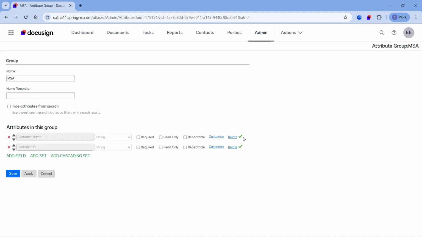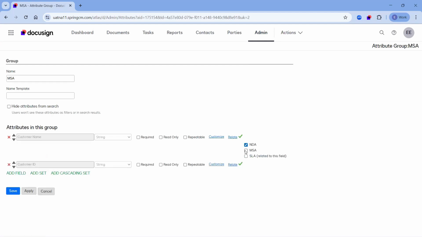Notice that the green check mark indicates that there is already some relation established. Now what has happened is that the relation you established does not apply both ways by default. So if I open the document with the MSA attribute group, even though it might have a field with the same name and a similar value as a document with those names and values applied from the SLA attribute group, it would not bring up the relation unless I establish that relation the other way around too, which is what I'll do now.